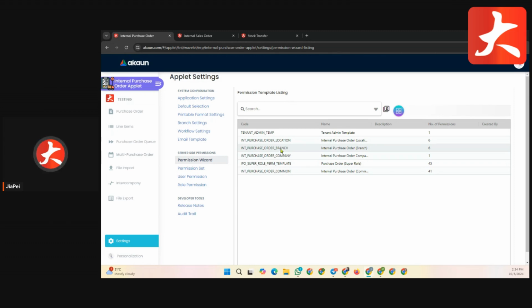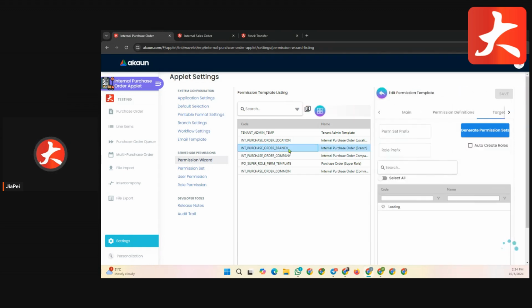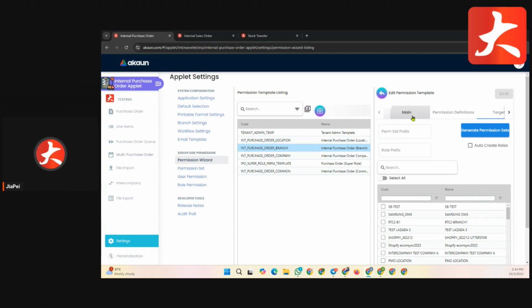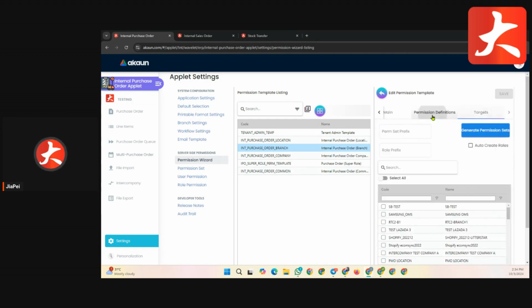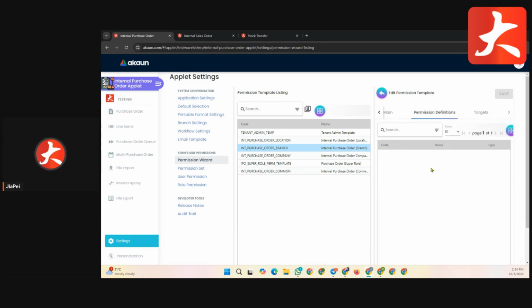Okay, so in the permission template, you need to create a permission set by company or by branch. So I will show you how to create the permission set by branch. You click on this internal purchase order branch, then in the main tab, you can see all the description information, then the permission definition, the listing over here,